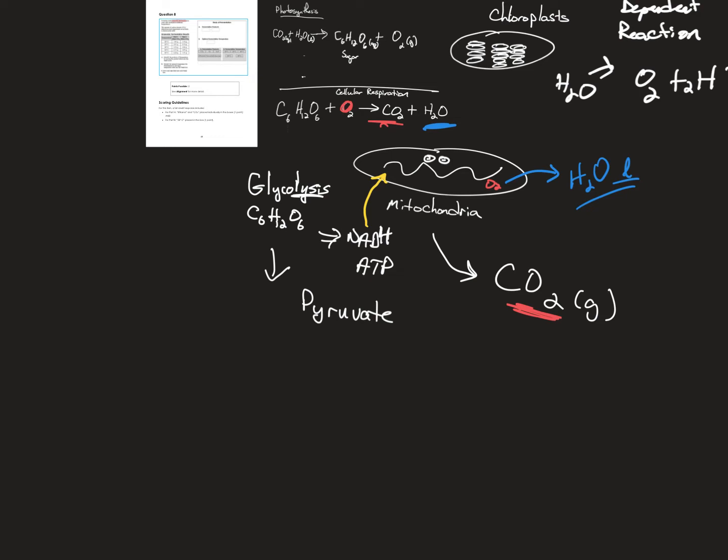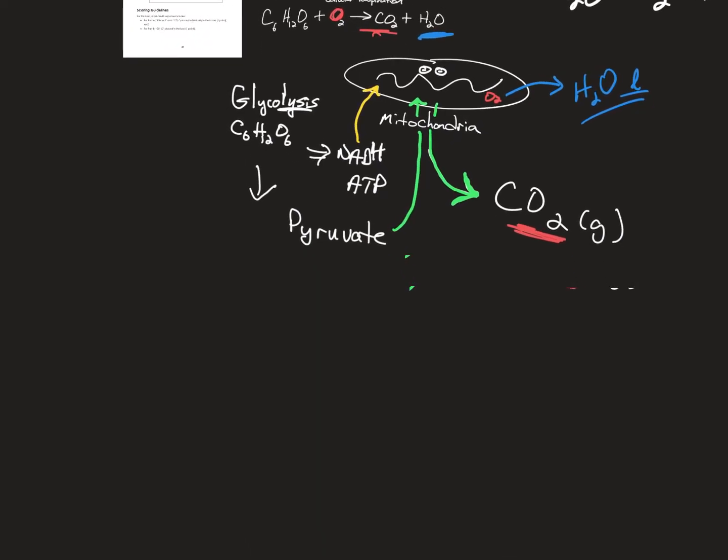Great. Pyruvate is what goes in. That's what goes into the mitochondria. Pyruvate goes into the mitochondria if there's oxygen present and gets broken down, and out comes the CO2. The electrons are ripped off and used in the electron transport chain. That's only if